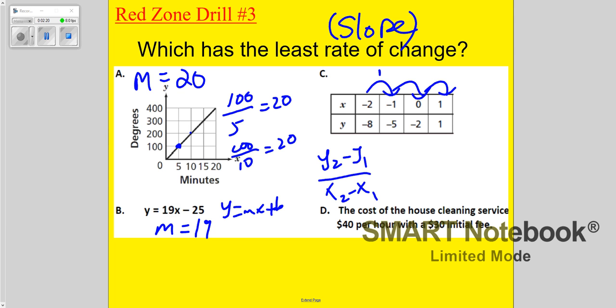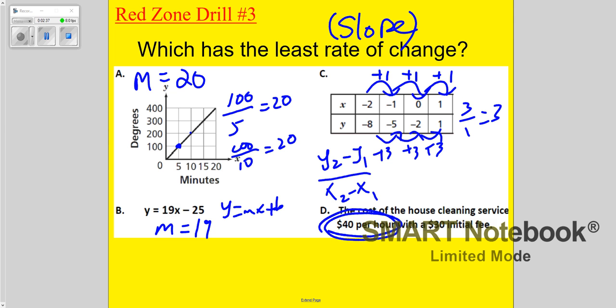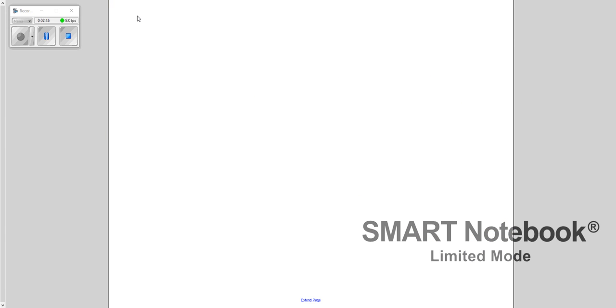So you can see that it goes plus 1, plus 1, plus 1, and then it goes plus 3, plus 3, plus 3, and you put the y over the x, so the slope is 3. And the last one, the cost of the house cleaning service is $40 per hour. That's how you know that one is the slope. So C is the least rate of change, which brings us to Redzone number 3, which is all about